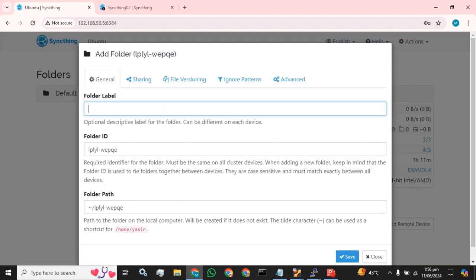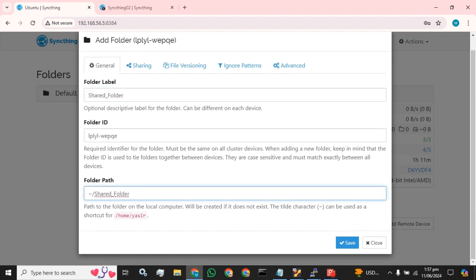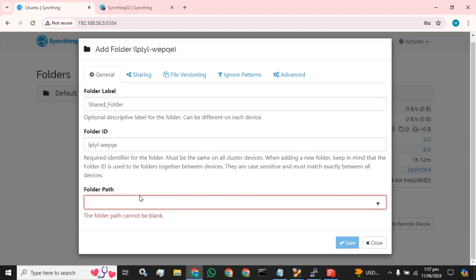What will be the folder label? This is the label, and this is the ID, and what will be the path for this folder. Path to the folder on the local computer will be created if it does not exist. The tilde character can be used as a shortcut for this. Okay, you guys understood. I am going to define a path,